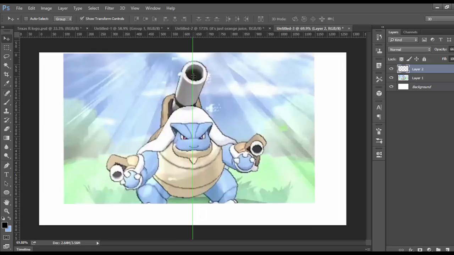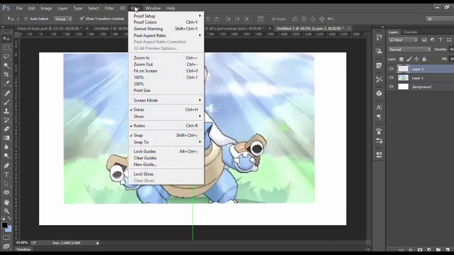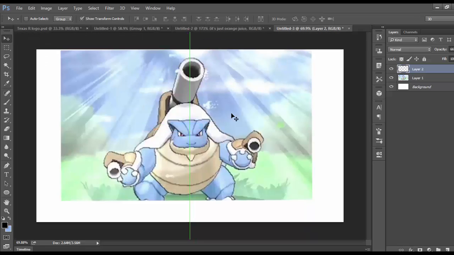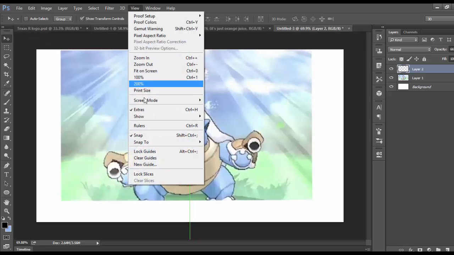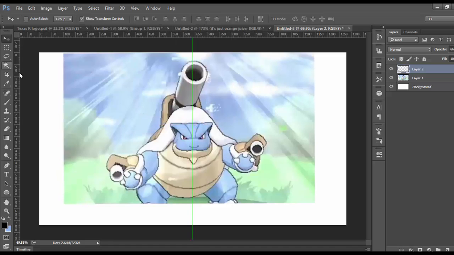So how you can get this line is you can just go to view, and then you put rulers on. As you can see, yours might be like this because I know mine was. So we go to rulers, and then from this side you just click and drag a line, and you'll know when it's the middle because it stops at the middle. So now that we have that, let's go and select the